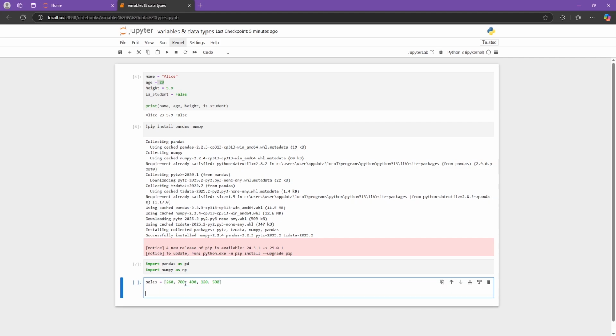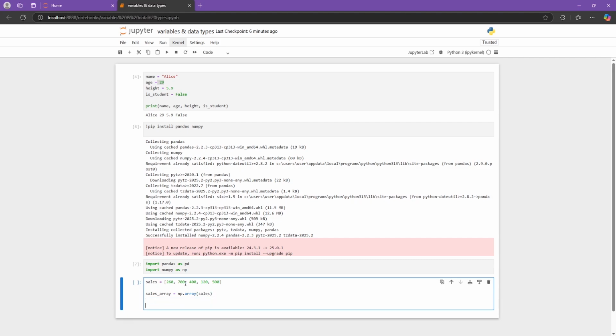Now, we're going to convert it to a NumPy array. So type in the variable such as sales underscore array, and now we're going to turn it into an array. After that, type in equal, type in np, dot, array, open up the parentheses and define the name of the variable, which is sales. Close off the parentheses. Now you have to perform simple analysis, such as I want to print out, open parentheses,